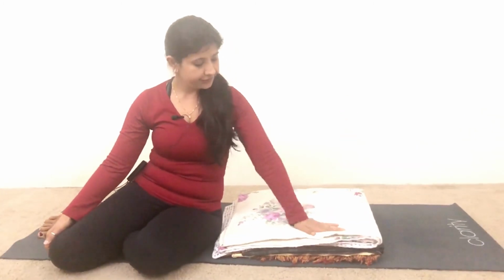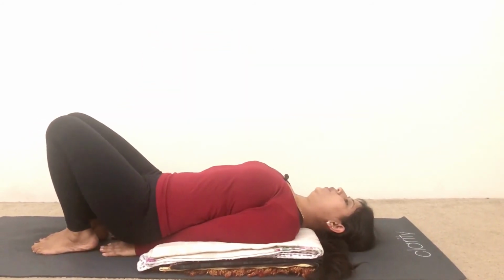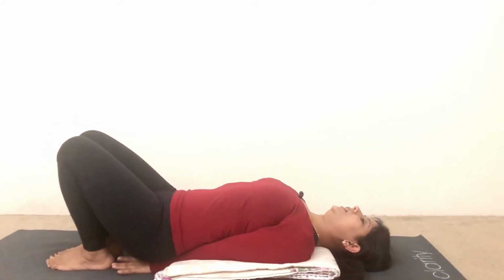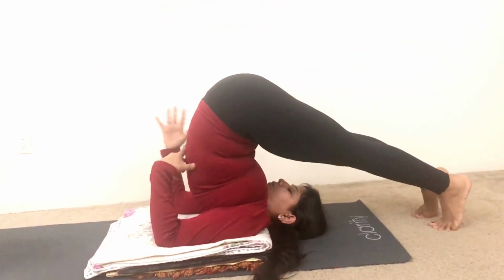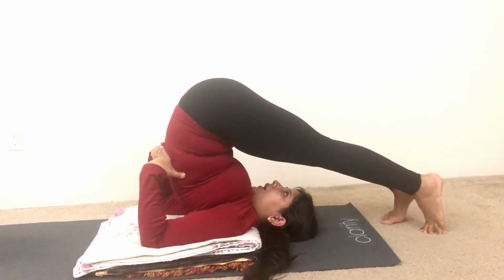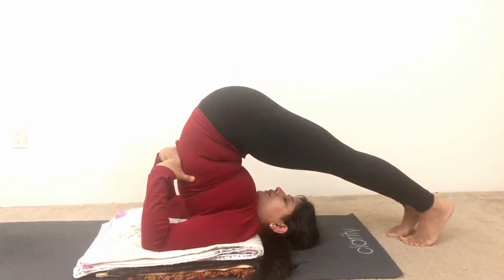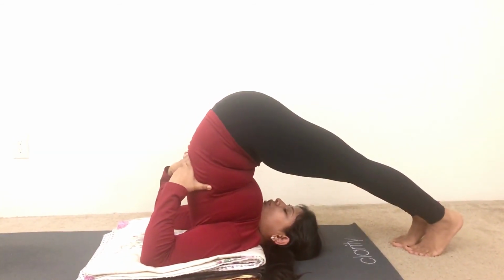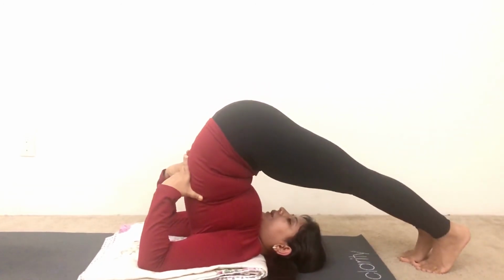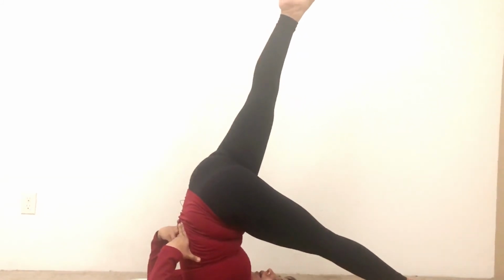Move to the next pose, which is Ek Pad Sarvangasana. Again we need 3 folded blankets. Lie down on your back. You can do this pose in Ardha Halasana against the wall, or you can go in Halasana and bring your hands on your back. Your left leg will stay on the floor and straight, pressing your foot into the floor, leg straight, trunk extended upward, chest broadened, elbows pressing into the blanket,